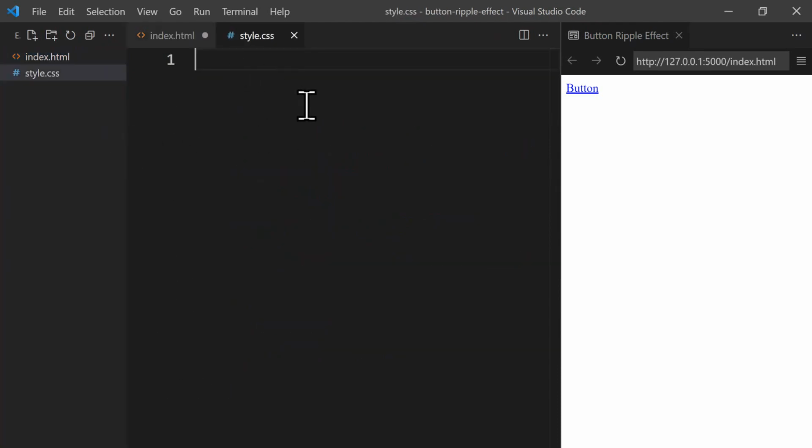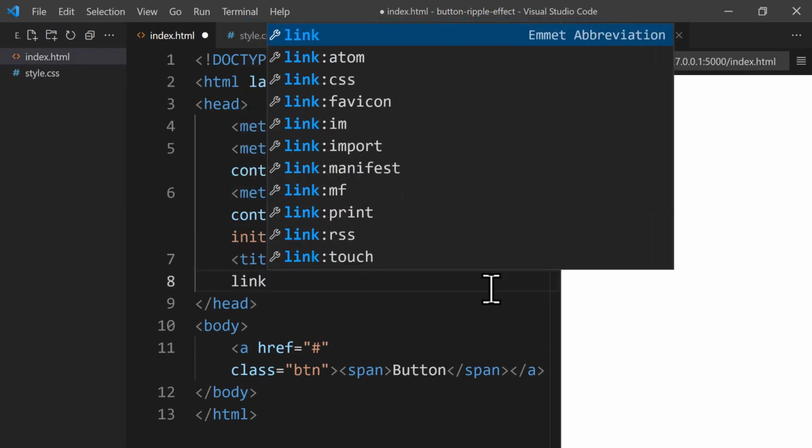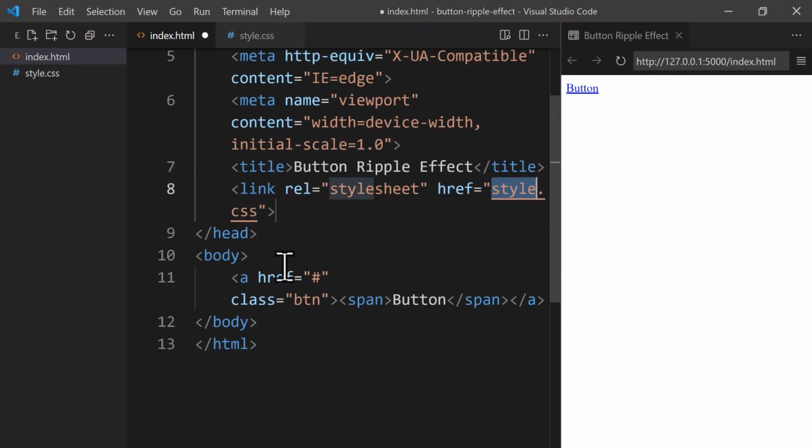Before using CSS in our project, we need to add a link to the CSS file within the HTML code. So we go back to the index.html and just after the title tag, we add a link tag. We just write link and we click on the third auto suggestion, the one with the CSS. Now we have a link tag with the relationship between the HTML file and the external style sheet, which is the style.css. The href attribute defines the destination of the link, and as both files, the index.html and the style.css, are located at the same directory, we just need to have style.css for the URL. And now we can use